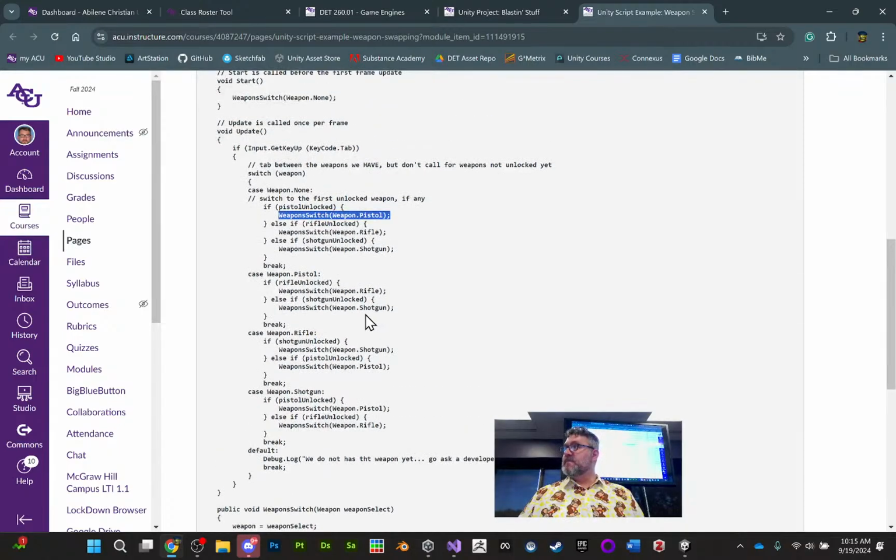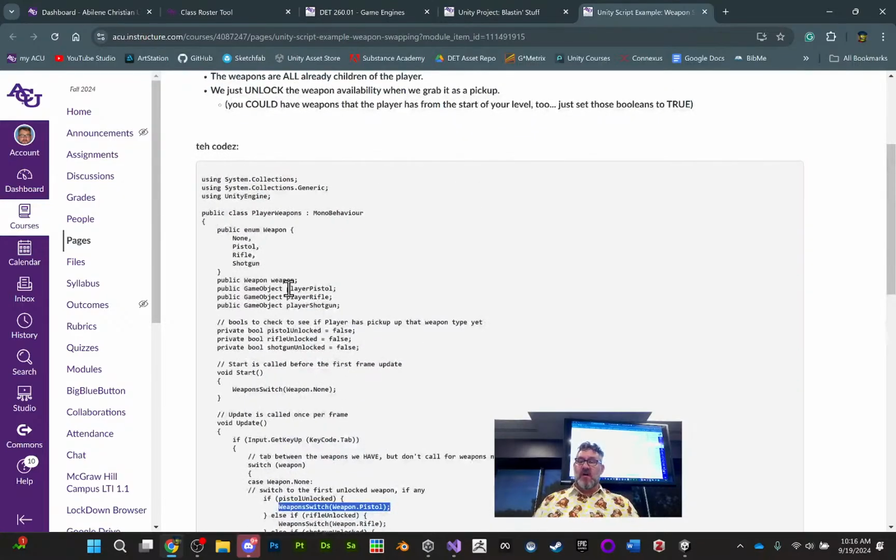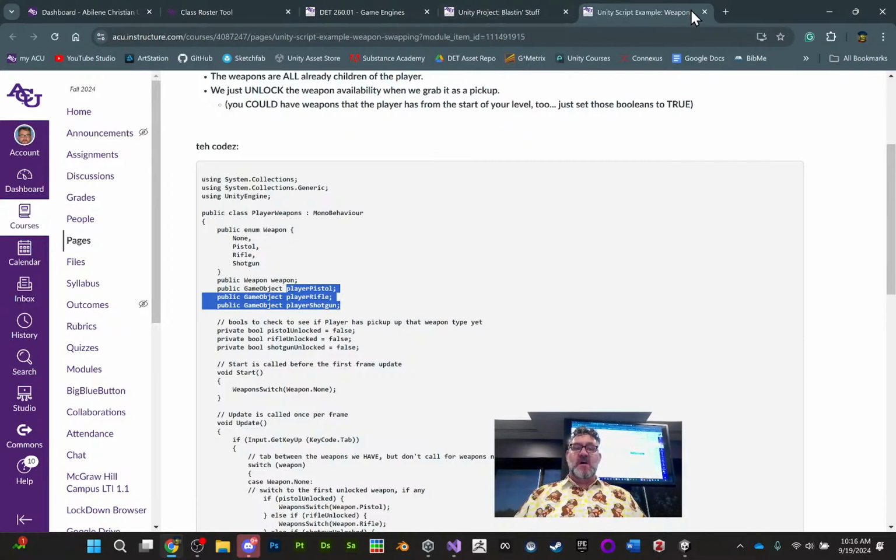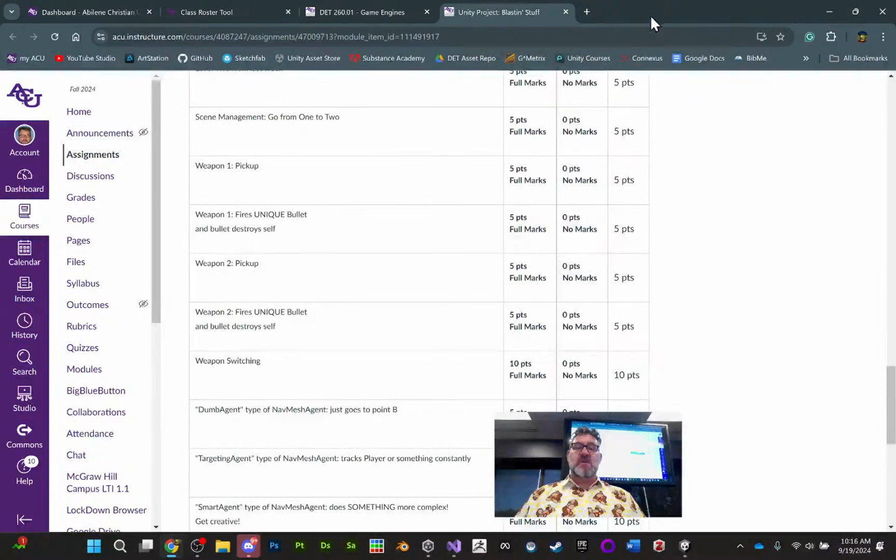Yes, sir. Does this go on the weapons that are on the players or the player? The player, yeah. So this is going to swap out what's in the player's hand. We're assuming that you have all 3 of these named objects on the player's person, and we're unhiding them the same way we did with just the single shotgun. So we need to have that going, and I gave you some scripts, and there is tutoring, and I would like to go over everything, but